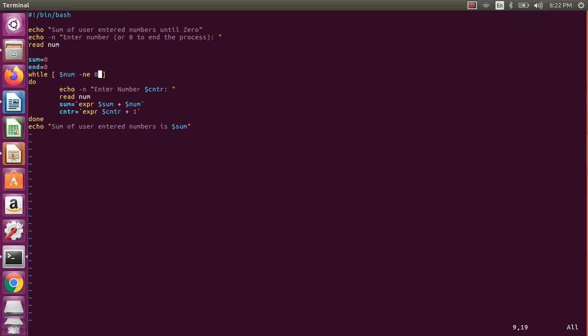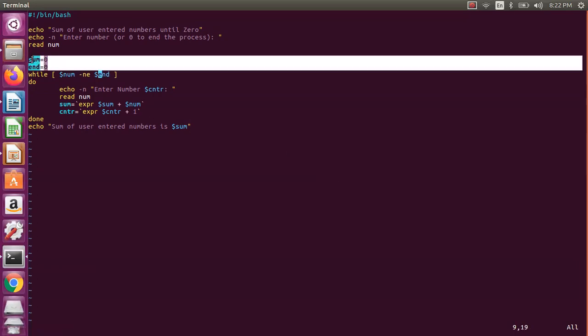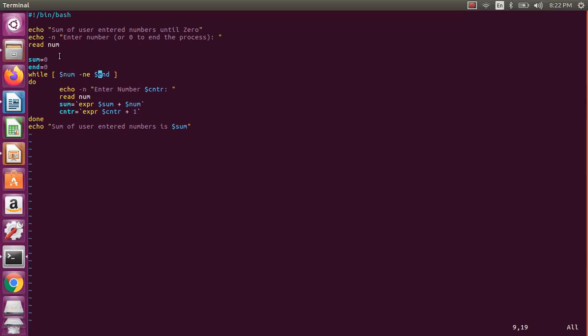So while number not equal to end, I will say here, because otherwise you cannot change the code. But yes, you can even modify this one with command line arguments. Once we see command line arguments, you can enhance this program. The first step should be doing all these programs, and then you need to enhance them actually. So that will be good learning.